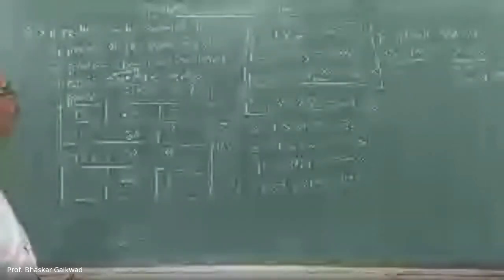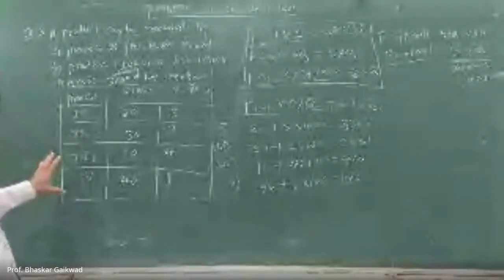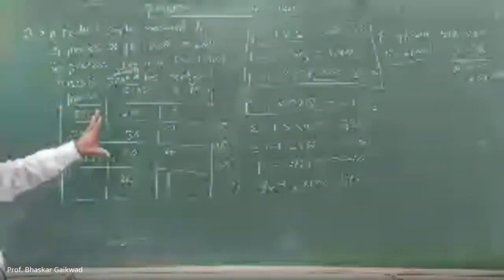In order to produce these 100 units, what process should you prepare? Means either you can select this process, or this. Okay, so how to calculate this? This is a 2 mark question in your GATE exam.